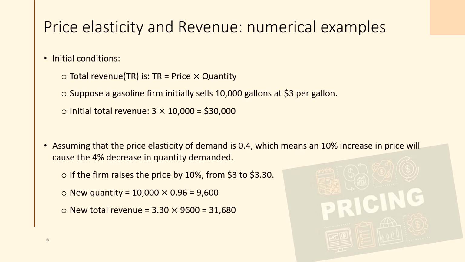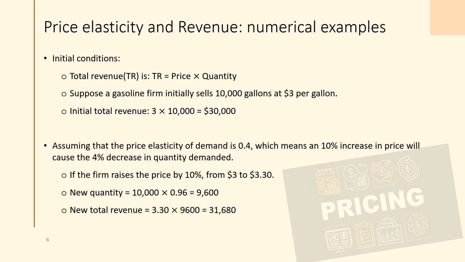Suppose a gasoline firm initially sells 10,000 gallons at a price of $3 per gallon. We calculate total revenue using price times quantity. So initially total revenue is $30,000. Now suppose demand is inelastic with an elasticity of 0.4. This means that a 10% increase in price leads to only a 4% decrease in quantity demanded. If the firm raises the price by 10%, the new price becomes $3.30. The quantity decreases by 4%, so the new quantity is